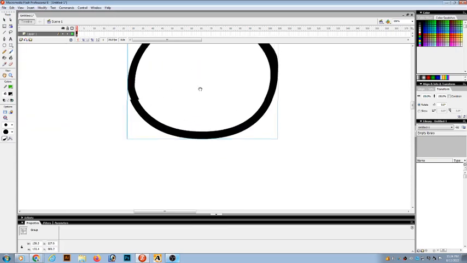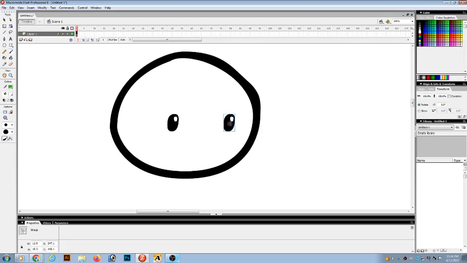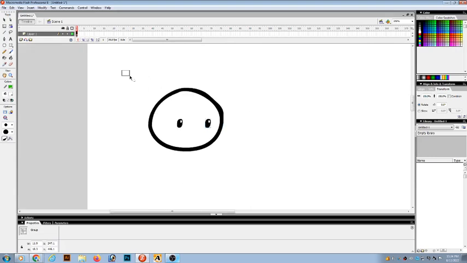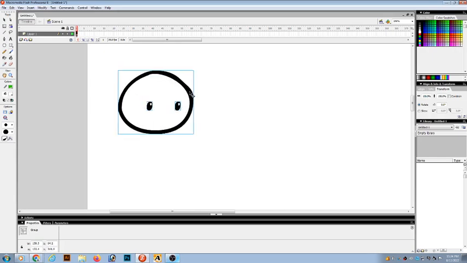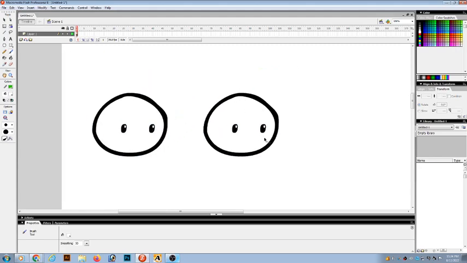So I can design also the characters. Put the eyes over there using the colors, put some highlights, select them, group them up, Control G for group, and put it right here. This is the base of my design. If I want to multiply these ideas, what I can do,